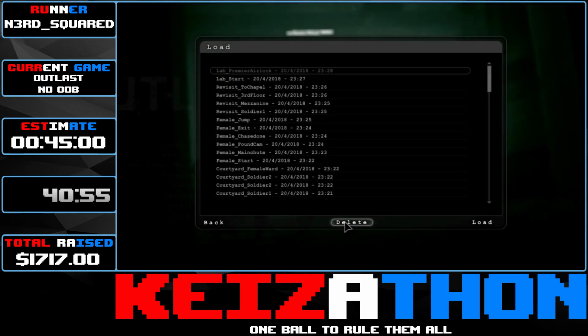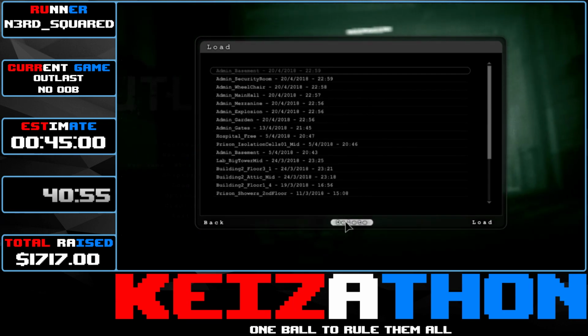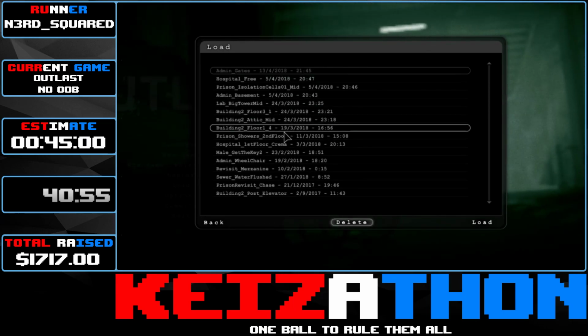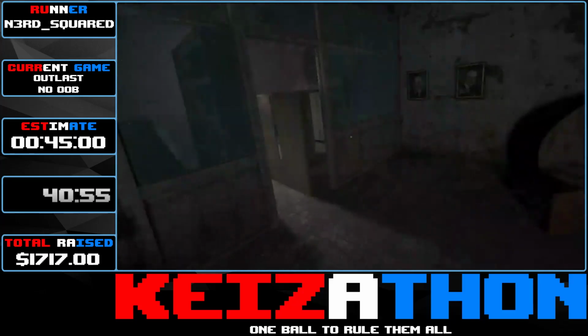Alright, so for this attempted glitch showcase, I'm actually going to switch over to the DLC that I briefly mentioned during my run. I'm going to load this checkpoint right here. So at this point in the DLC, there's a major chase sequence with a character named Eddie Gluskin. But there's a way you can sort of break that chase sequence, which I'll show you really quick here. So the idea behind this is you...